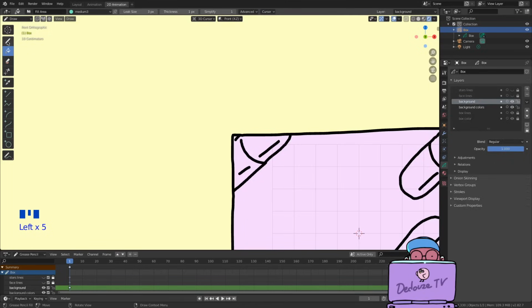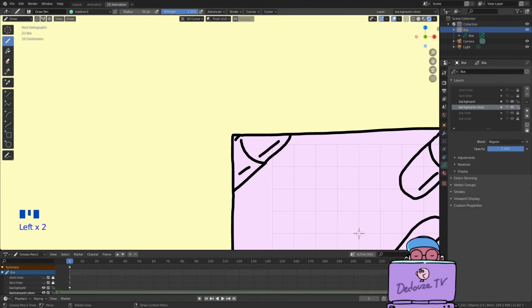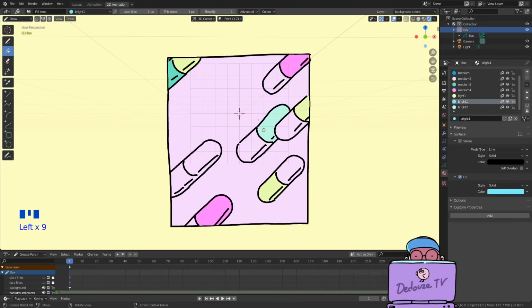The first way, you can use the pen tool to paint. When you switch to pen, you can draw with the same color that you used for the bucket tool. So here, you just need to draw precisely the shape of the thing that you want to color. And the second way, even faster, without leaving the paint bucket: if you hold the control key while painting, your paint bucket actually behaves like a pen. So you can draw the whole shape, or you can just draw to fill the gaps. And when it's done, you just release the control key and click to paint the rest in normal paint mode. Let's now paint the rest of the background.